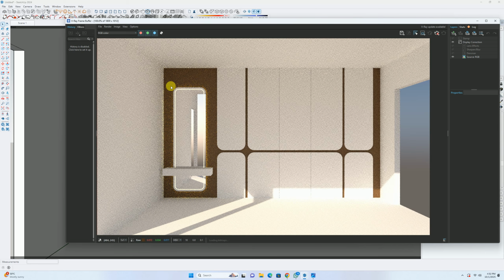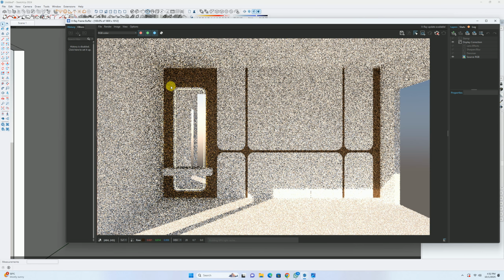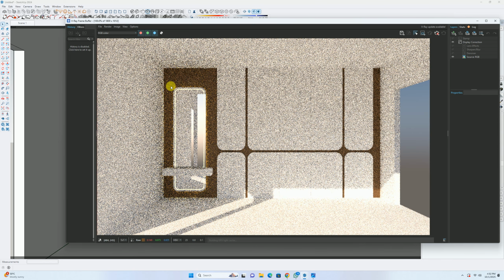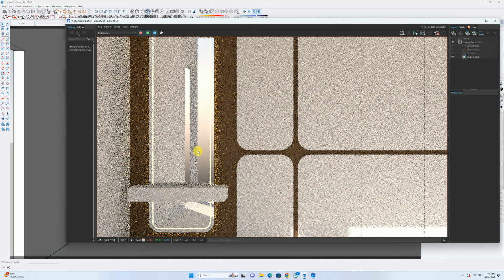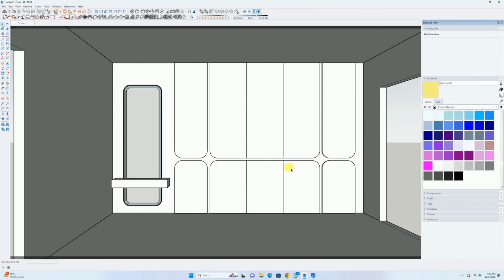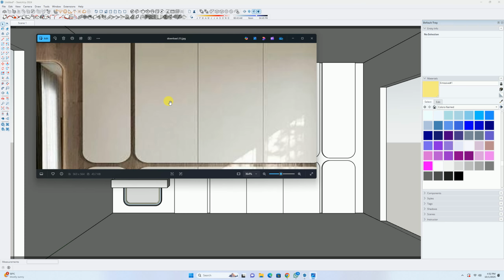Now it's a quick time. Okay, I guess now it's fine. Now we need to apply material for this paneling. So for this, as you can see,